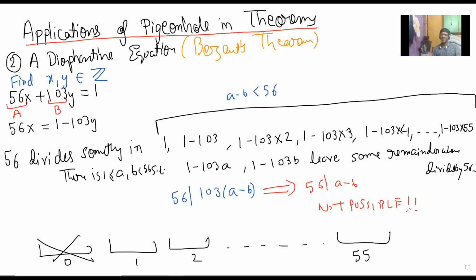Done, right? You have proved a big result in such a simple way. It's a massive result in some sense, right? I'm not saying it's hard in that sense, but it's the beginning of number theory, and it begins with this combinatorial application proof. This is called Bezout's identity, Bezout's theorem. If you Google, you will get many applications of it, but I'm not going into that because that goes into number theory. You can explore and see if you want to solve problems later.